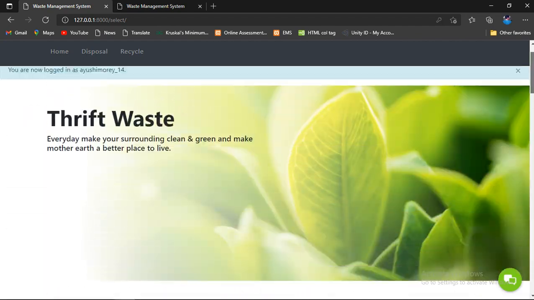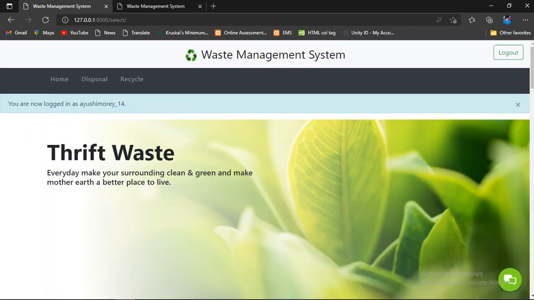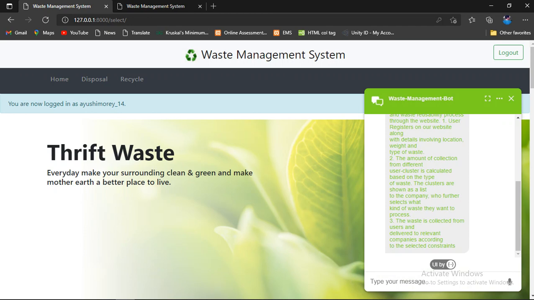If the user has successfully logged in to the system and doesn't know what to do next, then he can click on this logo and take the help of the chatbot, asking what to do after login.